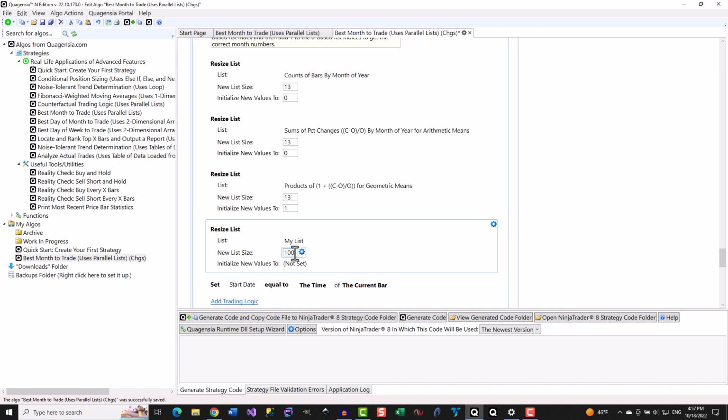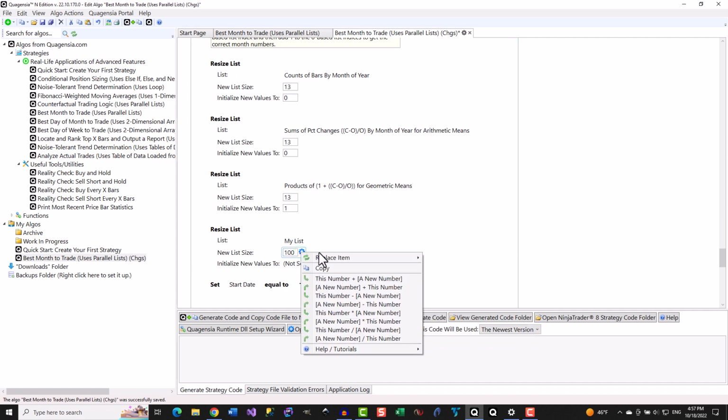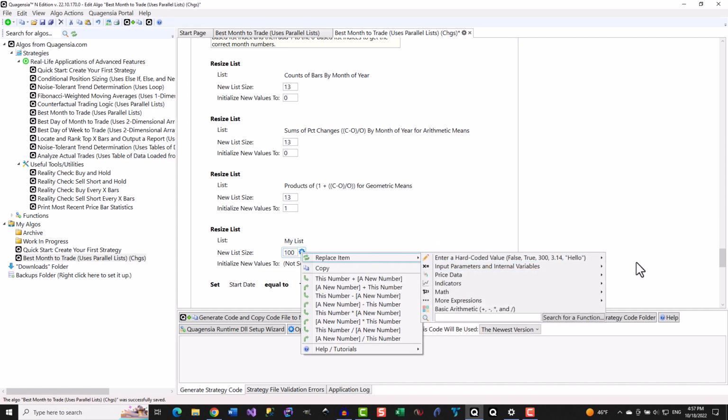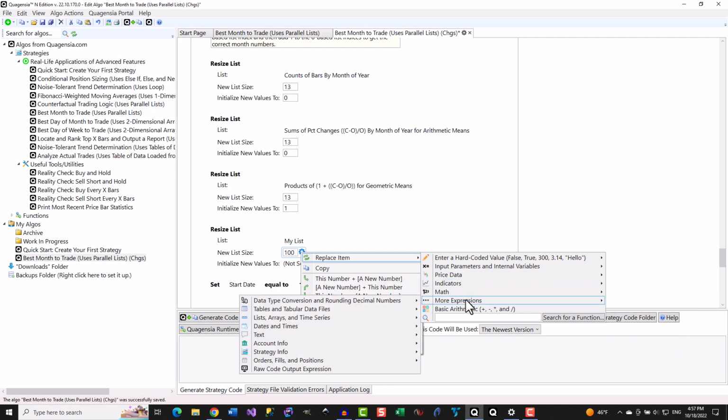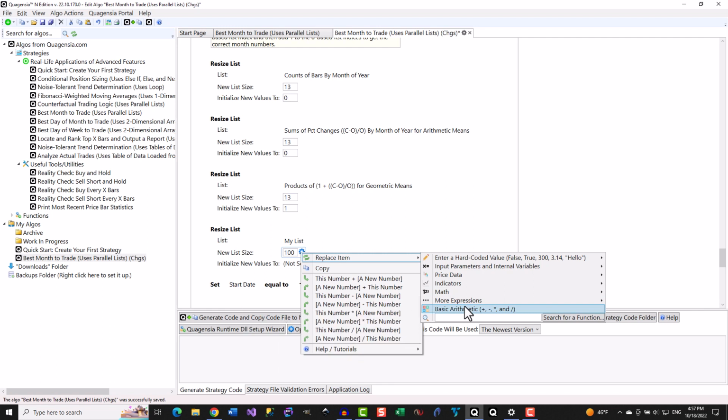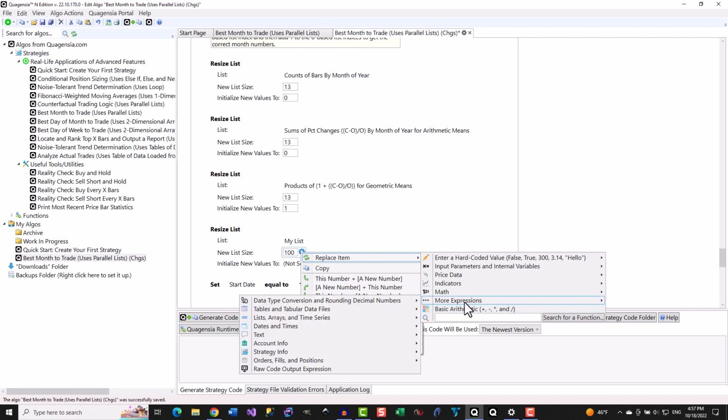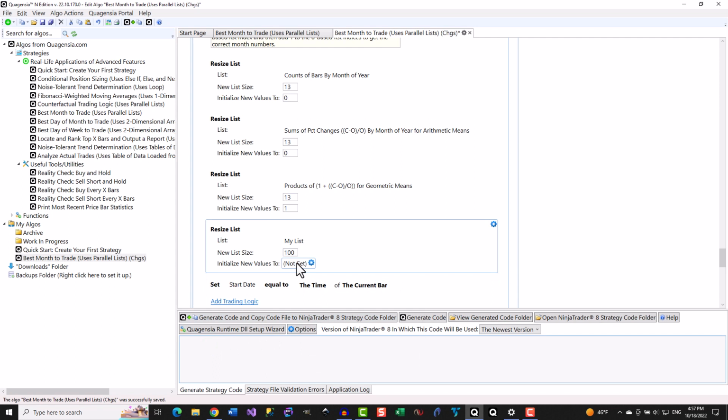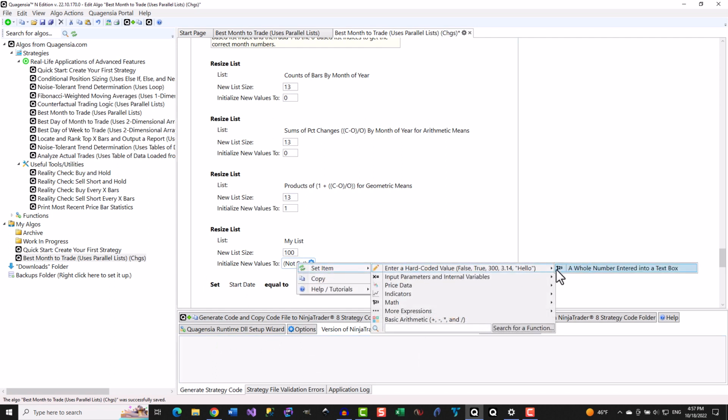It can be a simple number like 12, an input parameter, an internal variable, or the result of another Quagentia function that returns a whole number, or a very complex expression made up of many expressions nested together, with each expression's input parameters being filled with other expressions whose input parameters are made up of even more nested expressions, and where each expression can be a complex arithmetic combination of many terms, like the most complicated mathematical formulas that you've ever seen in any advanced math textbook. Then, choose a value to initialize new values to, and you're done.